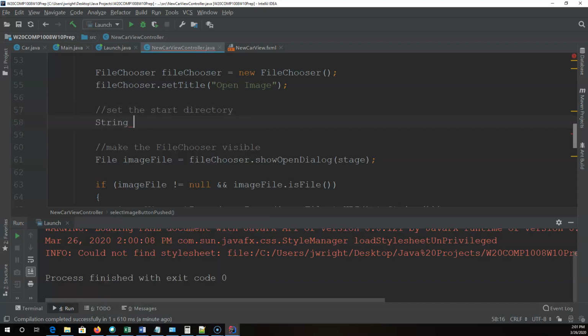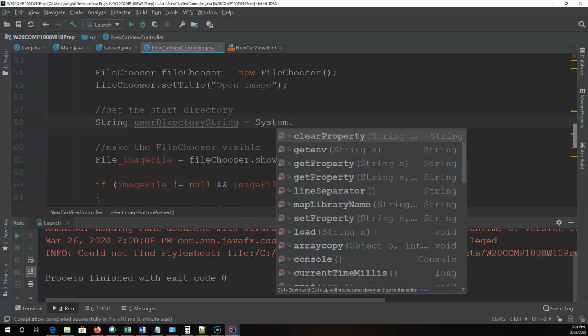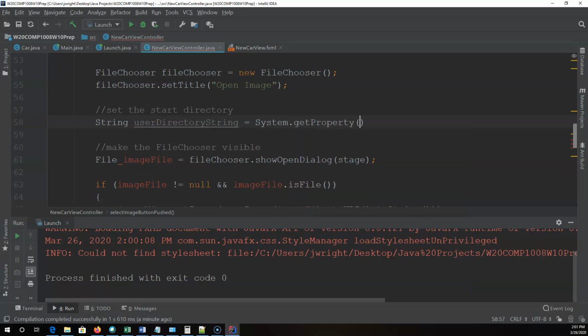We're going to say string user directory. And this is what's really neat: we can ask the system for the user's directory. So we can say System.getProperty, and we'll do user.home. So this is your home directory